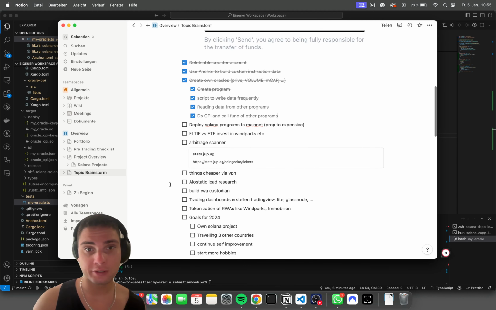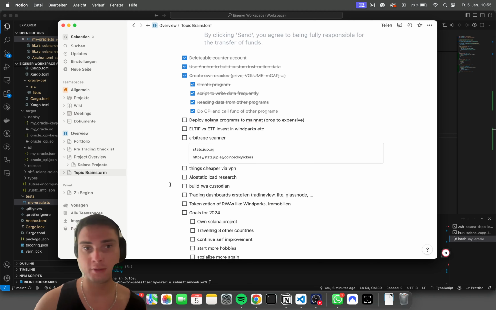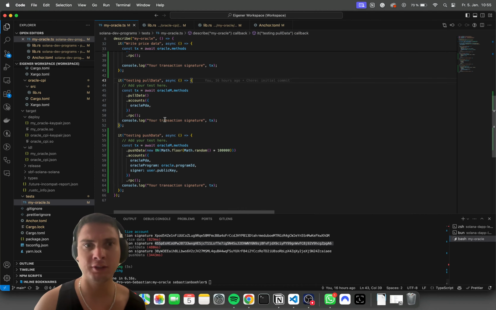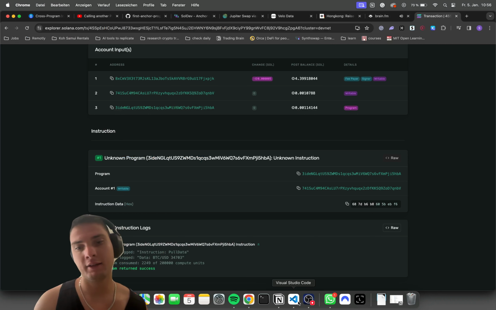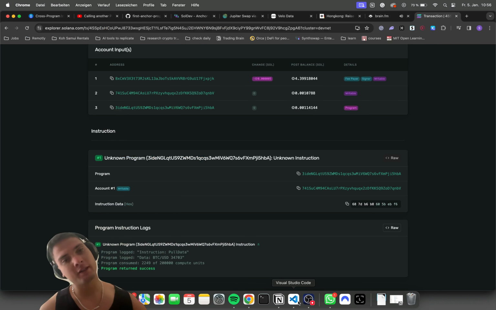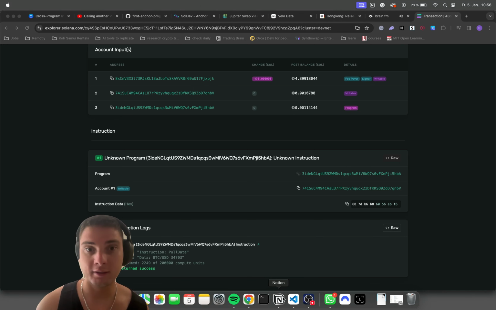Then I think the next project tomorrow or maybe later today I will try to build an arbitrage scanner based on the Jupiter exchange on Solana. Or at least, basically building a scanner to see if there are arbitrage opportunities, and if there are, then I think first step just integrating their smart contracts, their programs, and then to do arbitrage, their swap API,